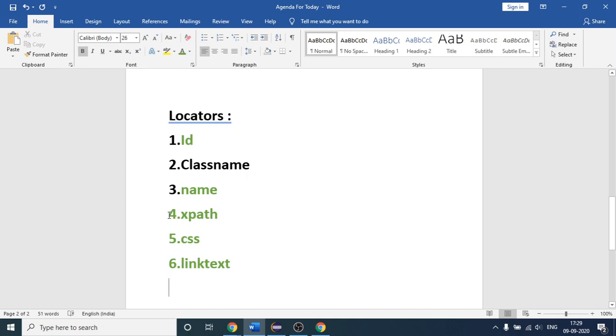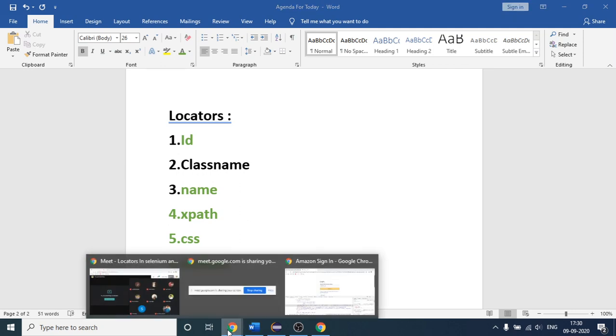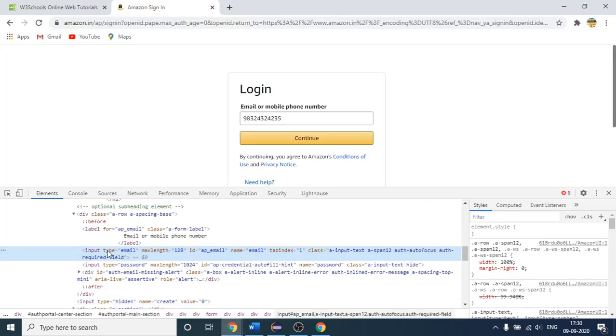One more point I would like to tell you. Sometimes it may so happen that when you click this line, id will not be present. In this one it is present, but let us assume you are trying to write code with the help of this id attribute, but what if the developer has not provided it? Then you will say we will go with the name attribute, but suppose the developer has written the code in such a way that the name attribute is also not present.